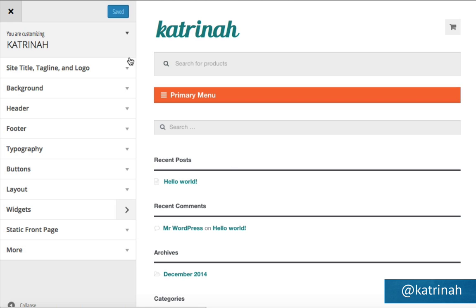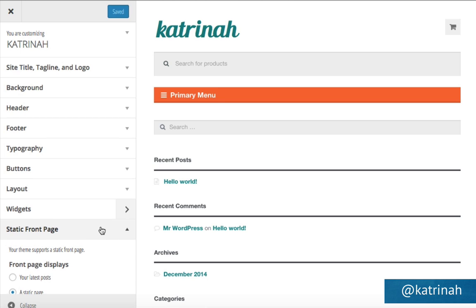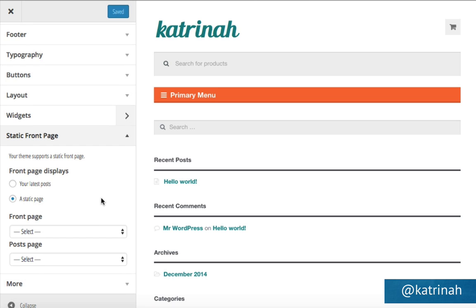So going back to our site, I just clicked on Appearance, Customize, which brings us to the Customize panel. And when I scroll down or go over here on the left-hand sidebar, I can find the part that says Static Front Page here at the bottom. We had talked about this earlier in the video. I had mentioned that I would come back to this. So here we are at the next stage of this particular setup for this website, which instead of having our latest post, we want to create a static page.